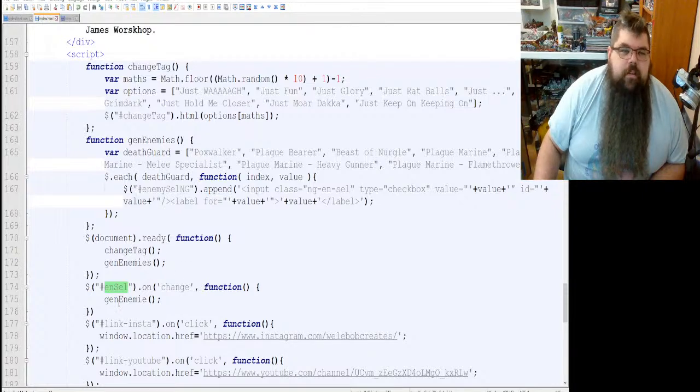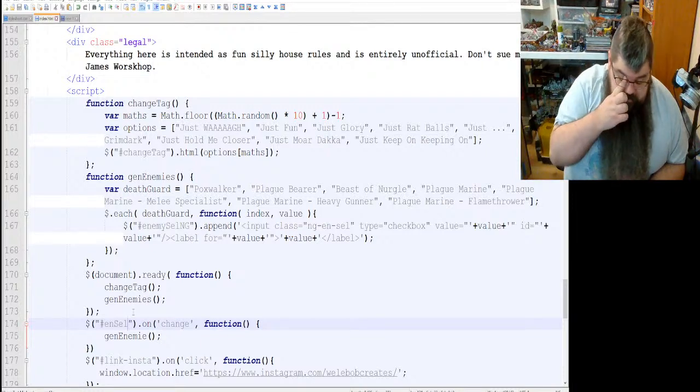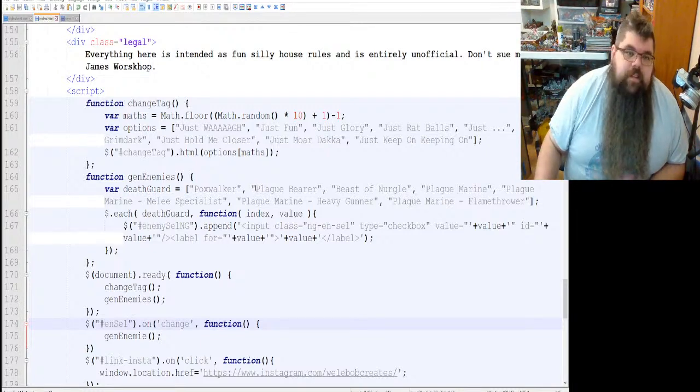Okay, so that means that I'm going to need a universal function? Nah, we'll stay away from that for now. We'll just keep it as Death Guard for now. But what we're normally going to do is actually... fuck it. Let's do it.